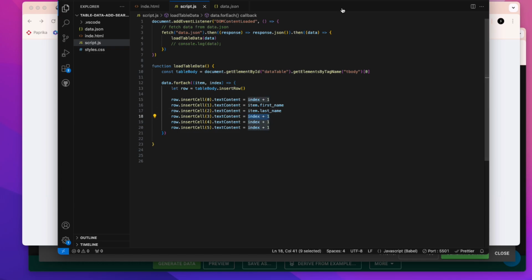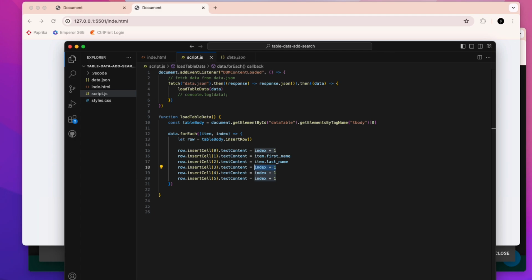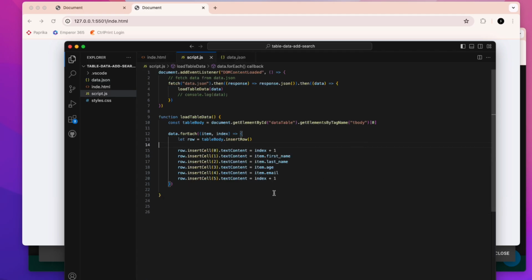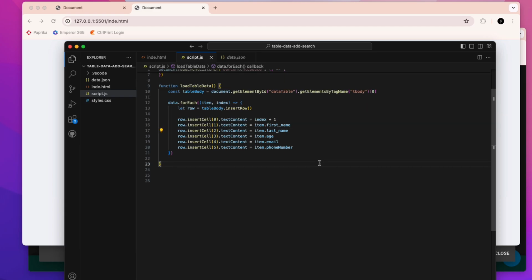So insert 3 is our age, item.age, and then item.email. I need to see is his email, that's fine. Then item.phone_number. Okay, so now we have created this, and let's create another function